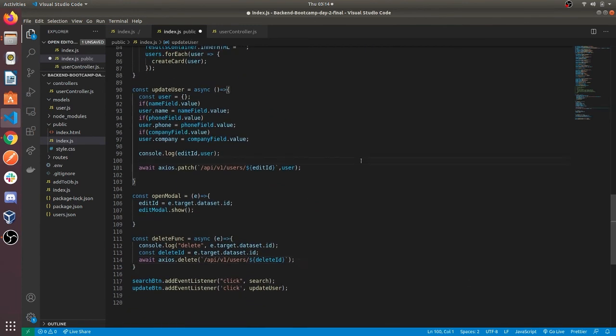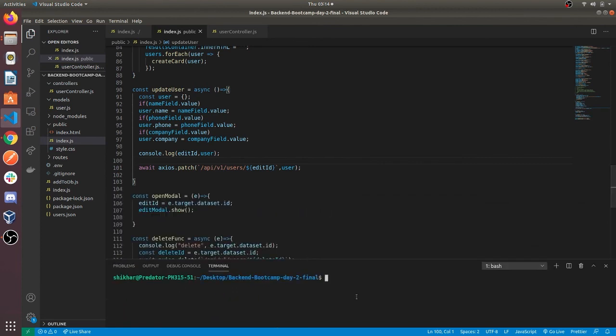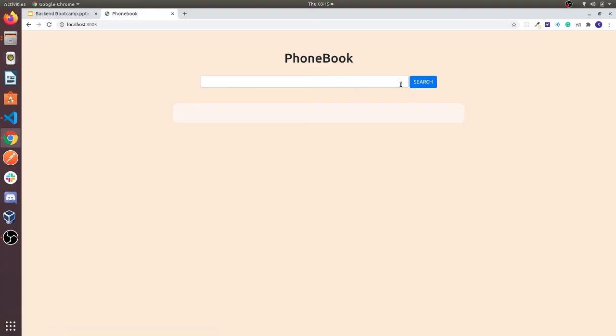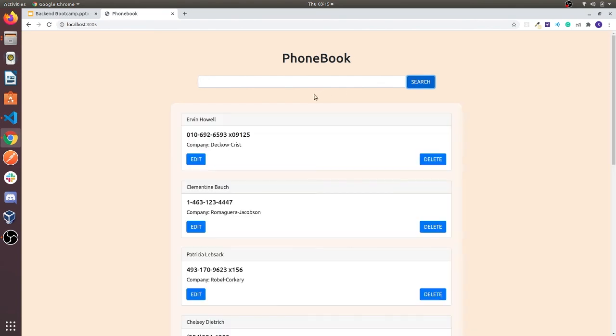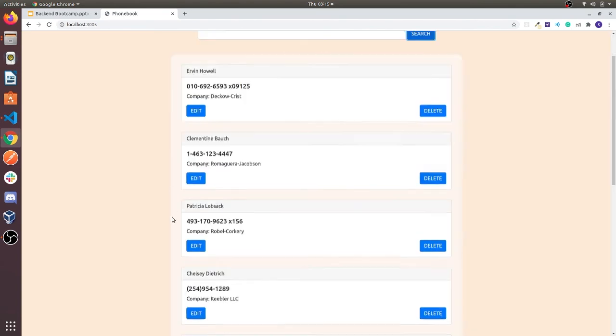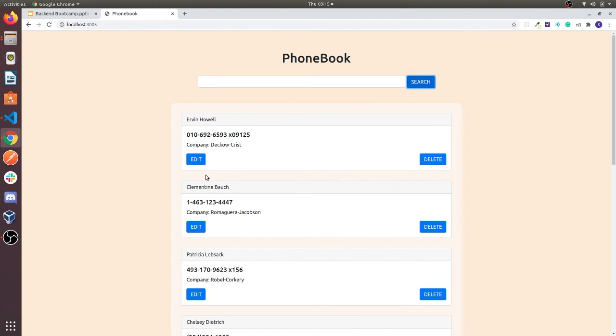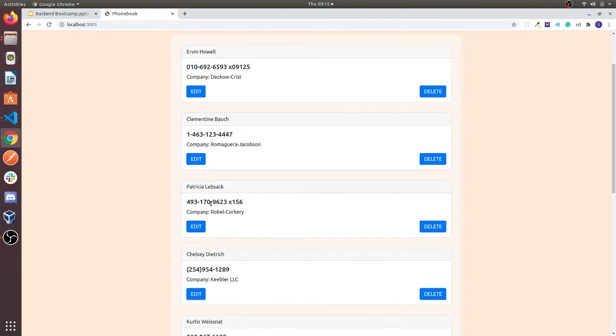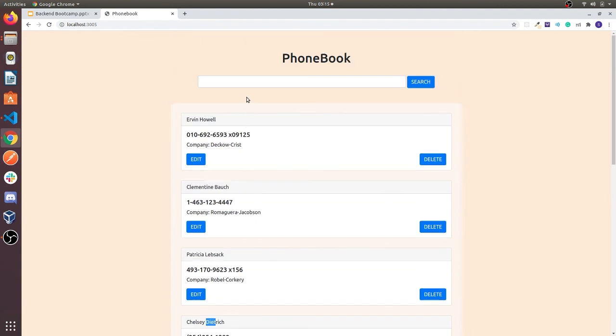So now let's run our server and see if our front end is correctly connected and working. If we pass a blank search query, we will get all the results. Now I will search for these four letters and we will get the right user for it.